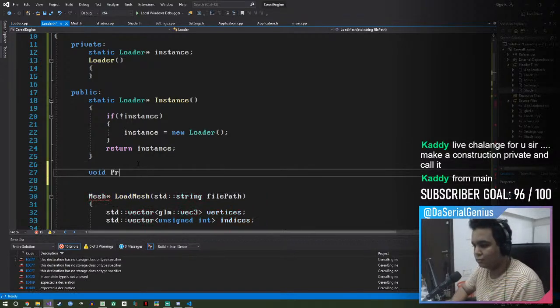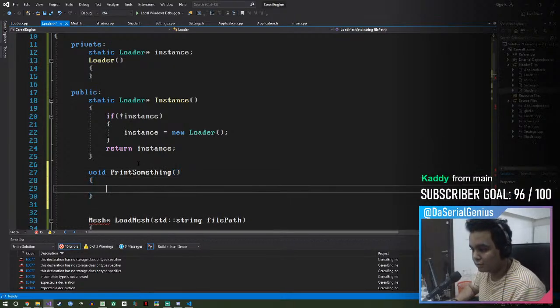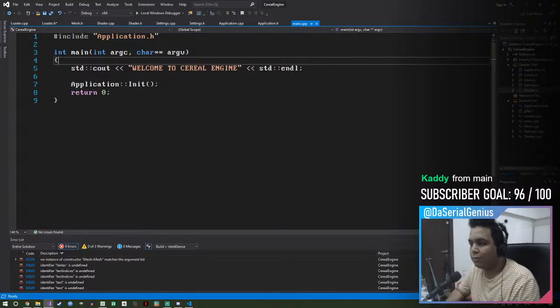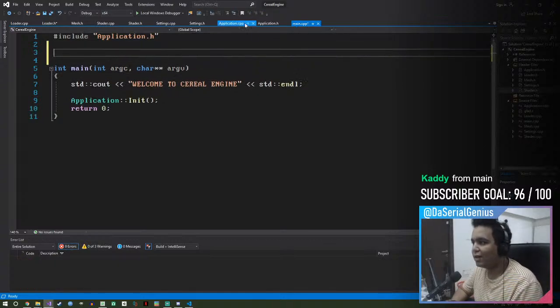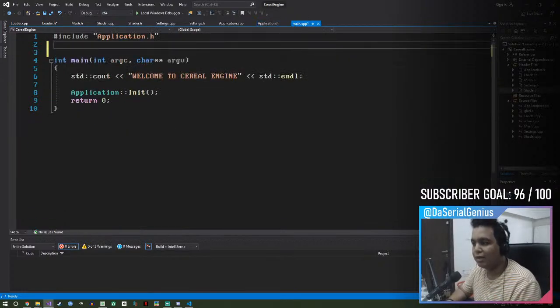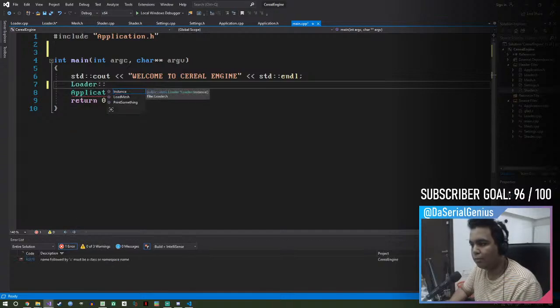Void print something. So let's say std cout something, and an std endl. When I go to main, I've actually included it in application.h, so I don't need to include it over here. I can just call loader print something,